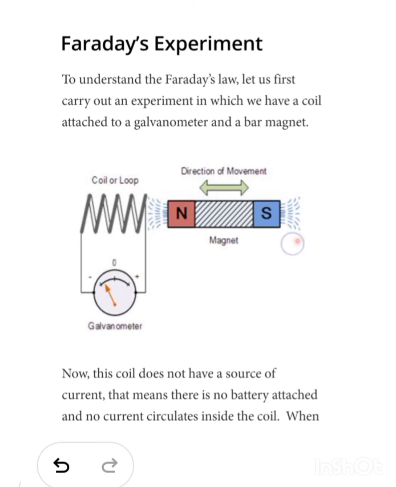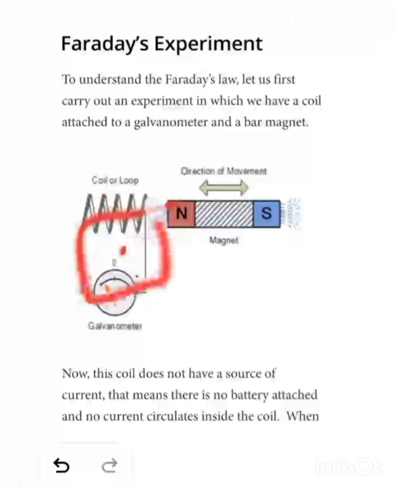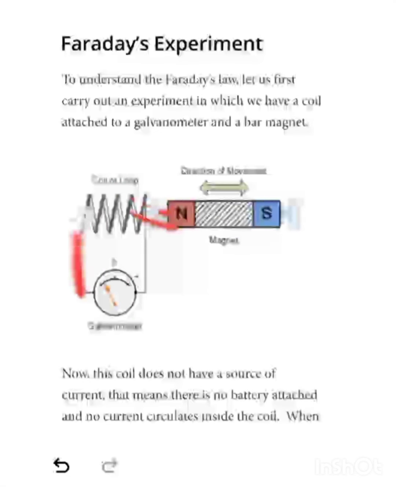So you can see that if this bar magnet goes closer to this one and then goes away from this one, the total number of magnetic flux lines will change and a current will start flowing in this one. जैसे कि जितने भी number of magnetic field line इससे क्रॉस होंगे तो इसमें एक करंट फ्लो होना स्टार्ट हो जाएगा, and this one is known as Faraday's first law.